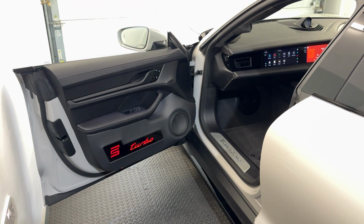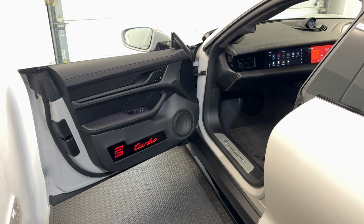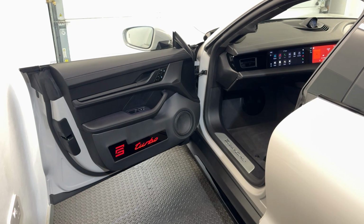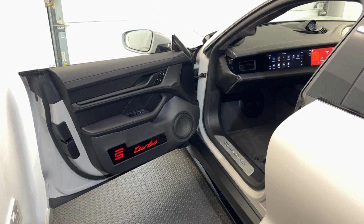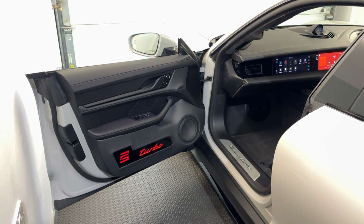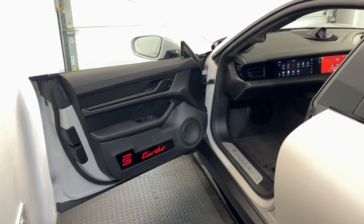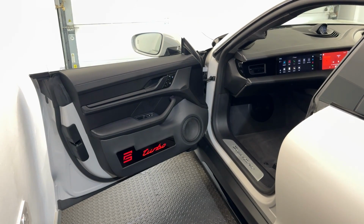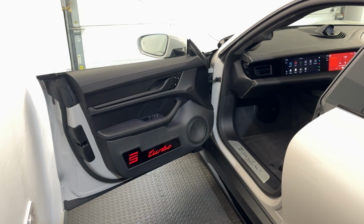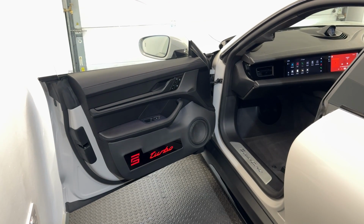Many people know that I have problems with factory application when people put mid-bass in the door. That place is just not ideal for a mid-bass driver. I know the industry has been brainwashing everybody to do as much soundproofing as you can, so the soundproofing manufacturers can sell all their products, and then you can spend days soundproofing your doors. And in certain occasions, you can be lucky that you may not have vibrations and buzzes. However, even if you manage to do that, which is like 1 out of 1,000 applications in my book,